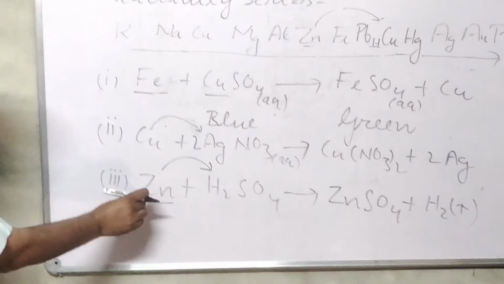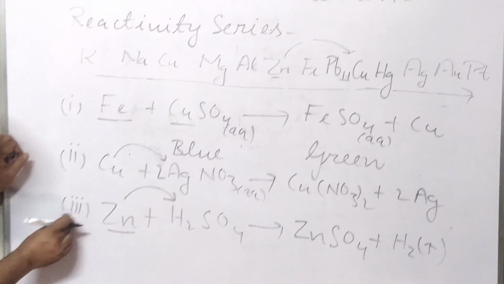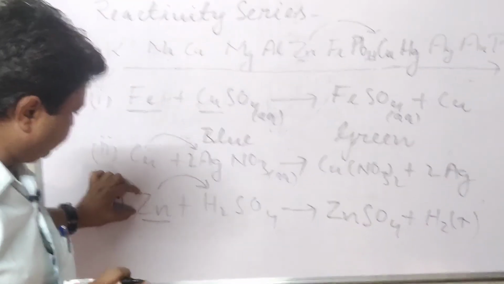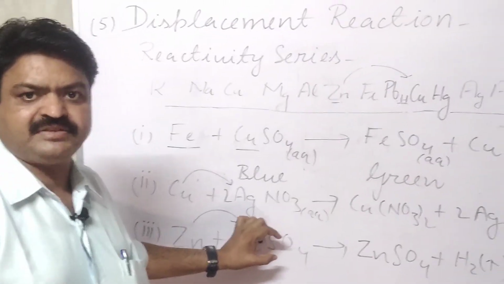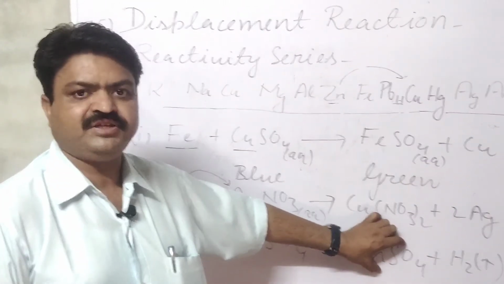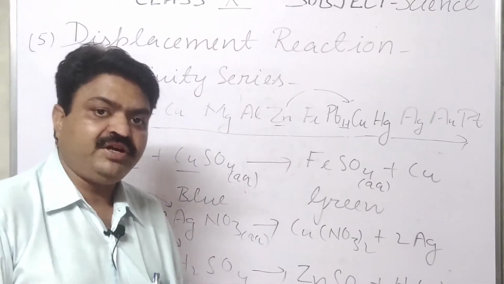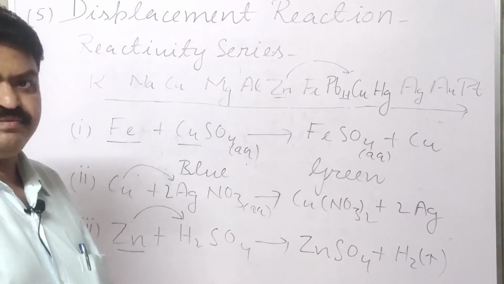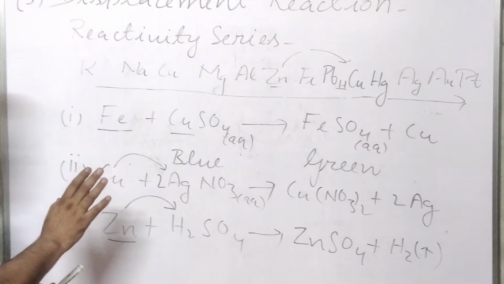And it is a very important reaction, student. It is given in your NCERT chapter 1, and it is the second example of your chapter, in which zinc granules react with sulfuric acid. They form zinc sulfate, and hydrogen gas is evolved here. So it is also an example of a displacement reaction. So that is about the displacement reaction, student.